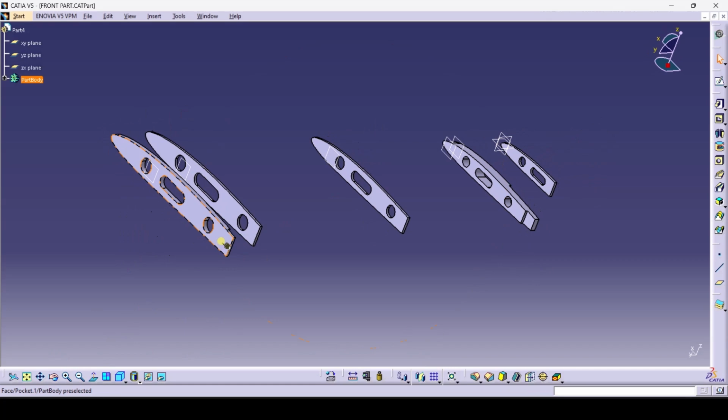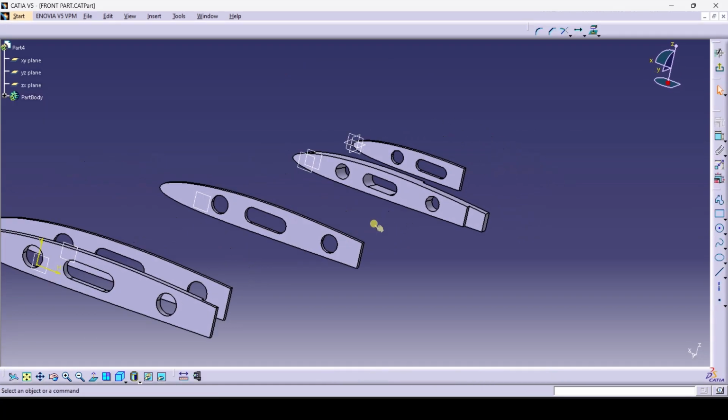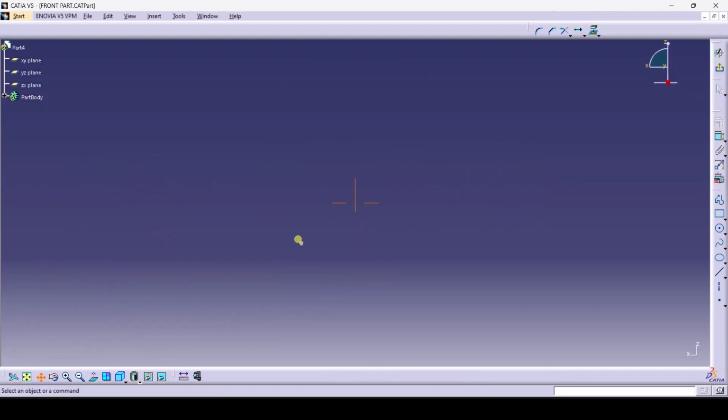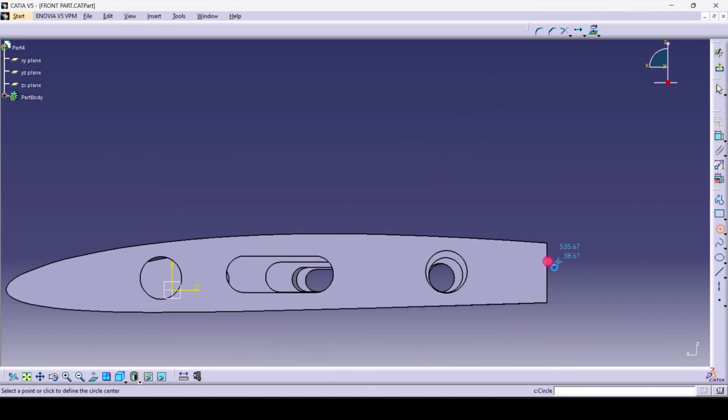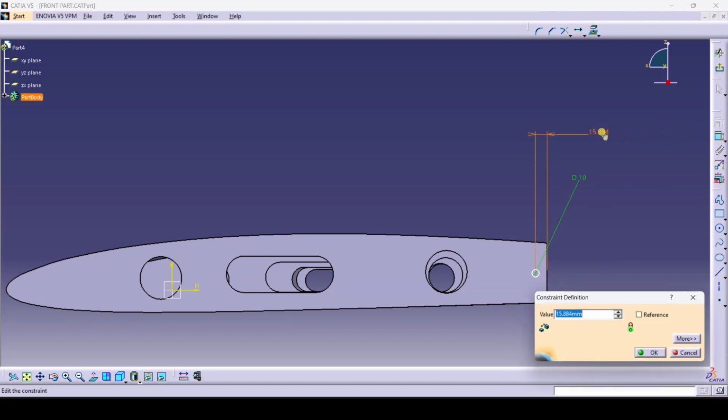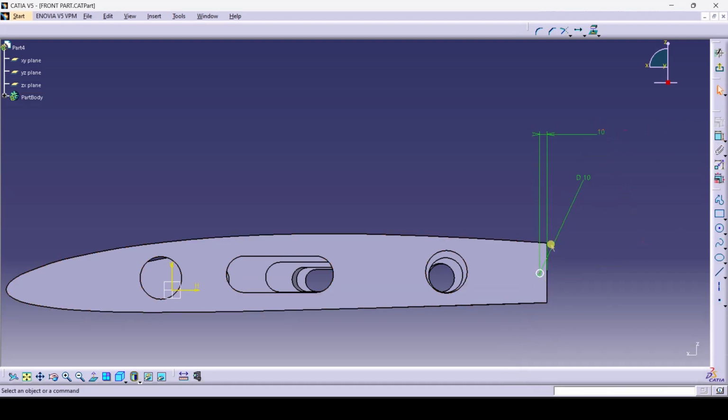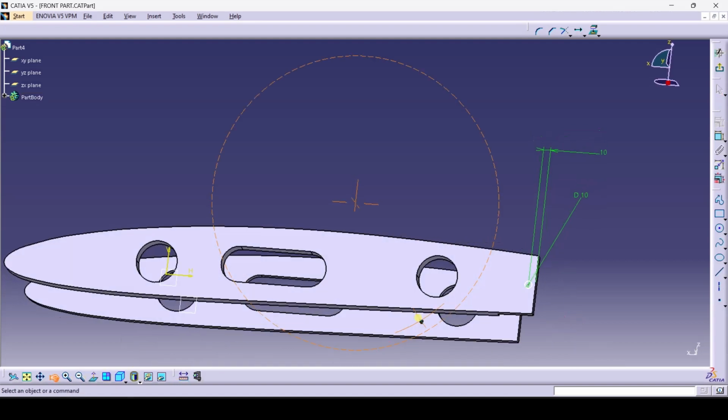Or if you want, first you make the hole. So select one surface. So here I am making a circle of dia 10 mm. Then from the center point to this vertical line is 10 mm. Then equidistance point, that is